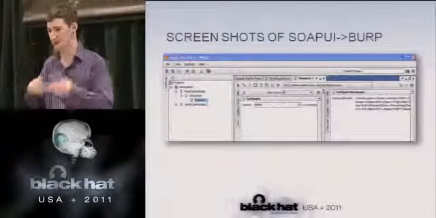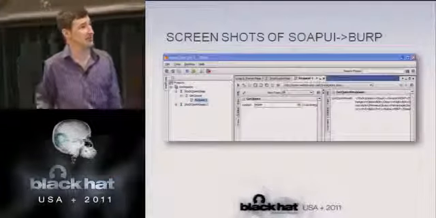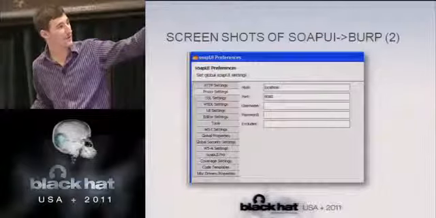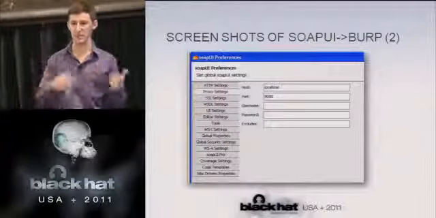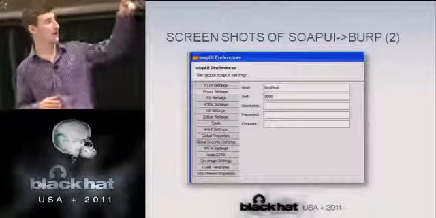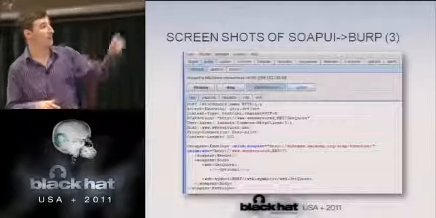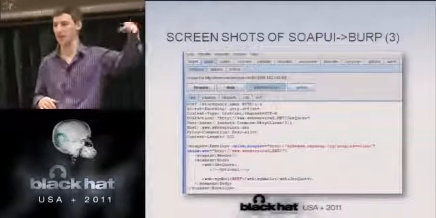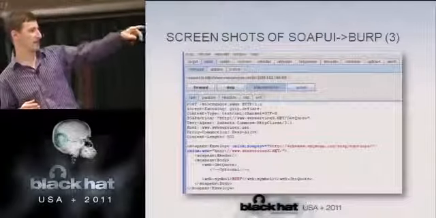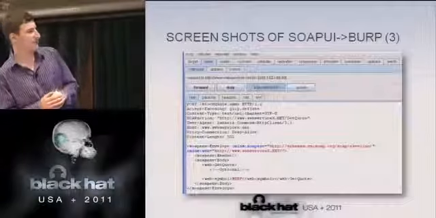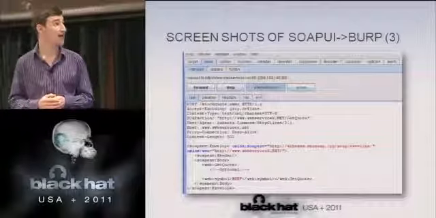So we felt that we should just work towards improving that. So here are some screenshots. This is just a screenshot of SOAP UI, and what we've done is we've configured it to use the Burp Suite proxy, just localhost 8080, and since Burp Suite works HTTP, from there we can leverage the intruder. So we'll intercept one of the SOAP requests, and then we can forward this over to the interceptor, the repeater, and that sort of thing, and then just start to look at the responses from the SOAP request. So you see right here, we're passing a value, and we can add the elements that we want to fuzz test inside of the request.